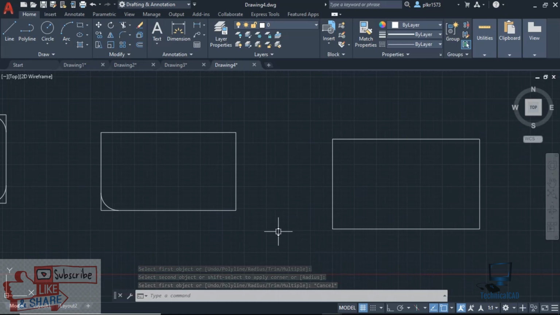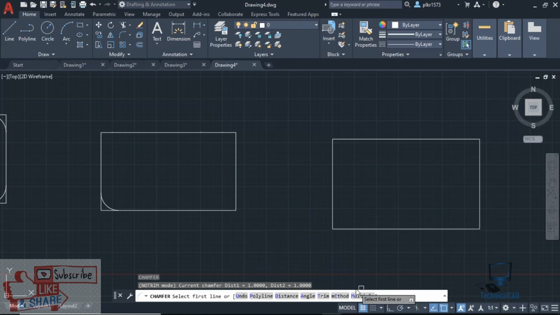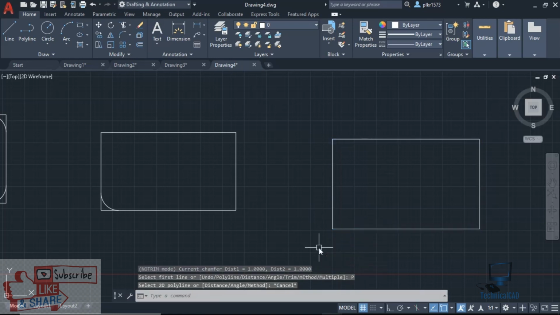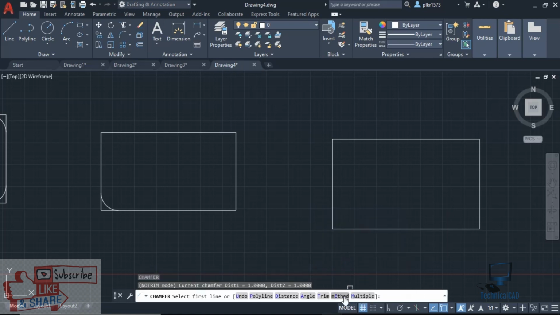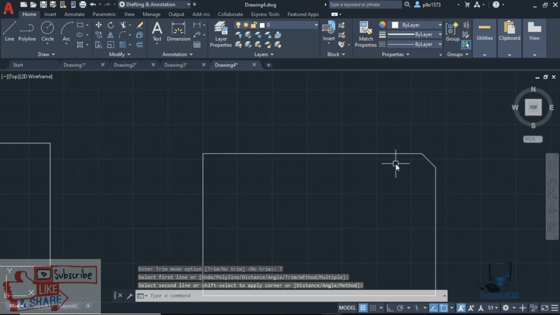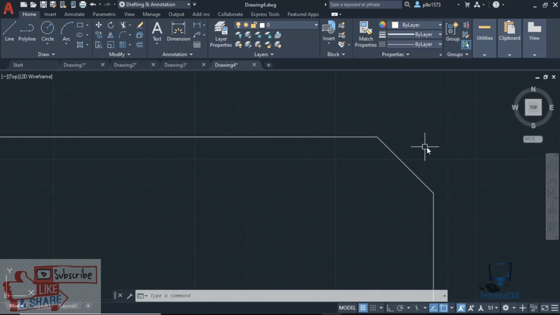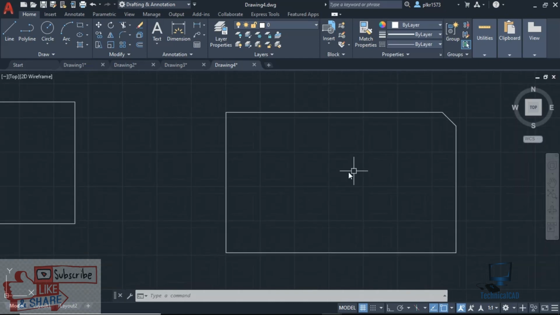And next, coming to chamfer. In chamfer, shortcut is CHA, enter. And now here also we have different types. First go for polyline, the same thing what we have seen in the fillet. If you give that, automatically all ends will get chamfered. Here in trim option we had given no trim in the previous fillet, that's why it's coming in the same way. I'll go for trim and I'll give trim. Now you can see we will get trimmed portion over here. So that is a chamfer. Fillet gives only a curved shape, whereas chamfer is a corner shape. So that is the use of fillet and chamfer.